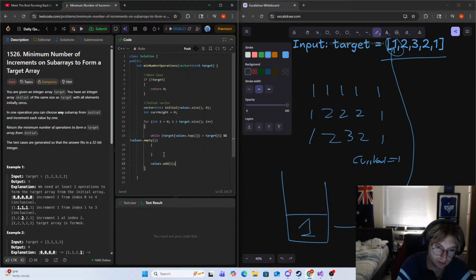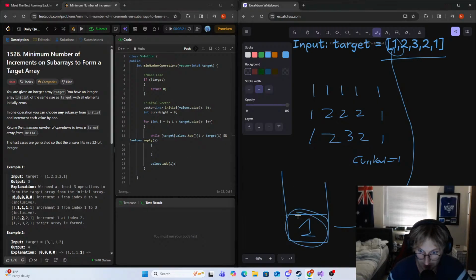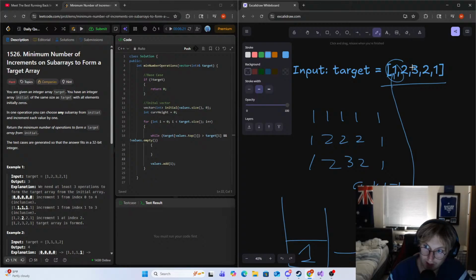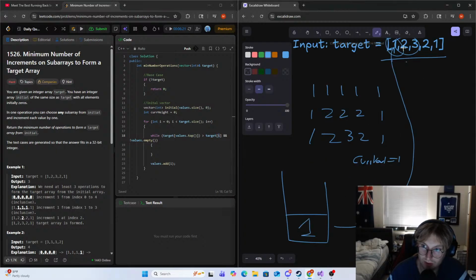Say I, right? This is a monotonic stack, so we add the index, right? So this is our index value. We add our index value. If we see a greater value, right? So while target top is greater than target I, so inside of our stack, if this is greater,